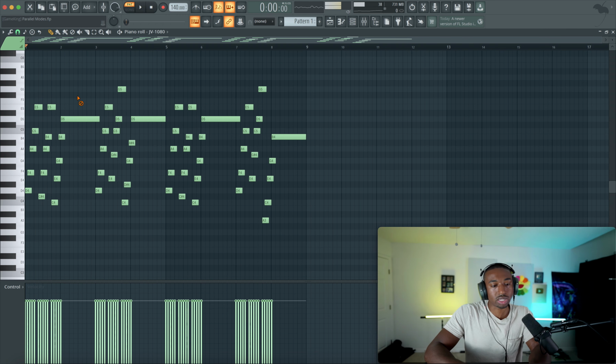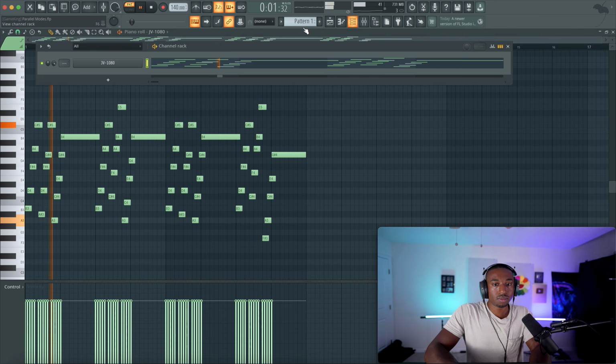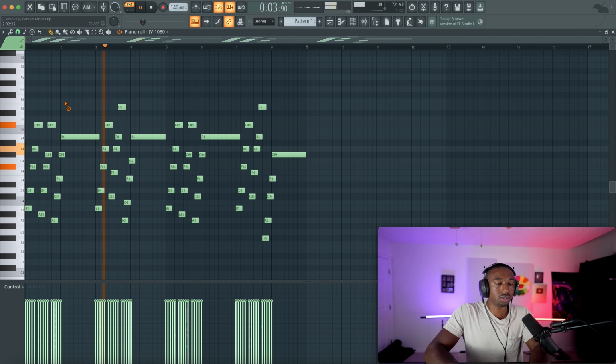Okay, so we can also transpose the key, 1, 2, 3. It's another technique I like to do.